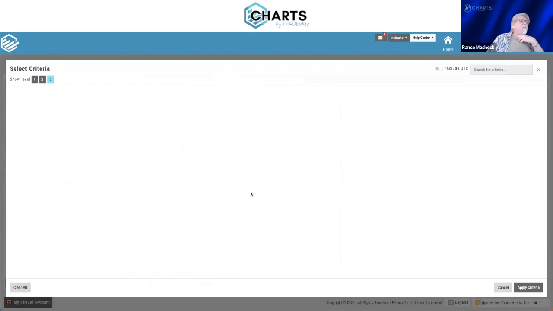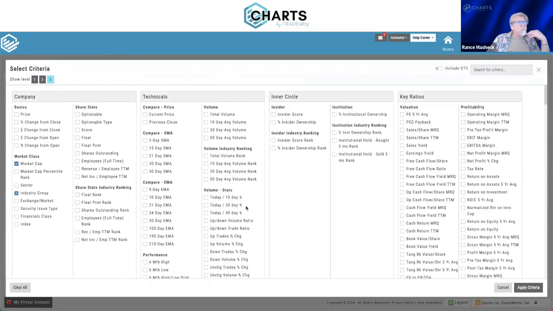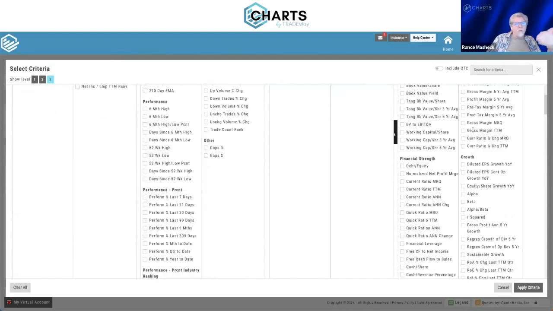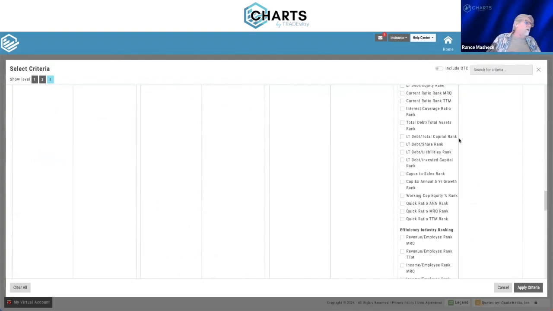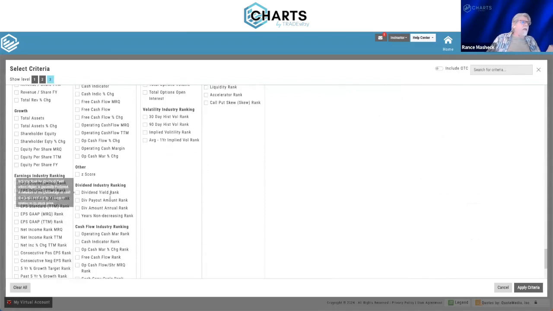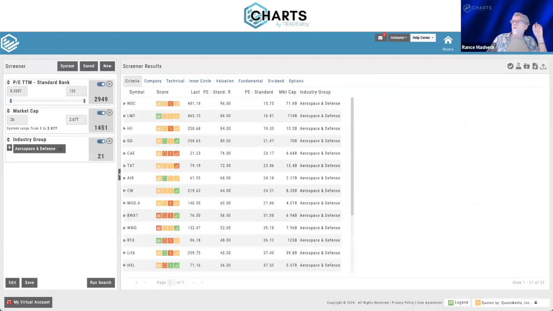When we get into a lot of the areas like volume and a lot of performance metrics, the key ratios, a lot of fundamentals, now we have that ranking in there as well, so that you can see how it stacks up to its peers, as well as just a whole lot more data points in there as well. So what this did, besides adding all these data points in and the industry rank stuff and all that, we also did